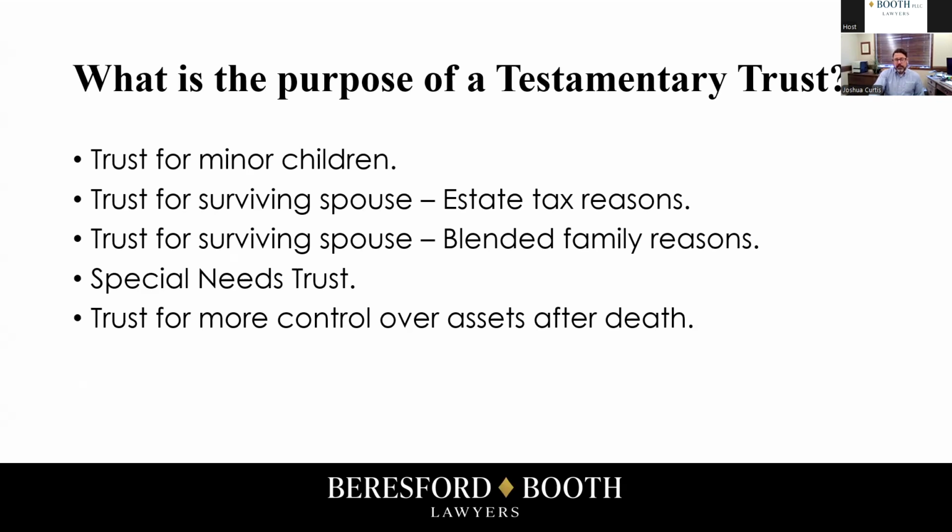And then the second most common is for a surviving spouse for estate tax reasons. So in Washington State, just I believe yesterday, or this week at least, the governor signed a new bill that changes the Washington State exempt amount for estate tax to $3 million. So if you have over $3 million for a married couple, then if it all consolidates into one person, that person would have the estate tax that would be due at the Washington state level.